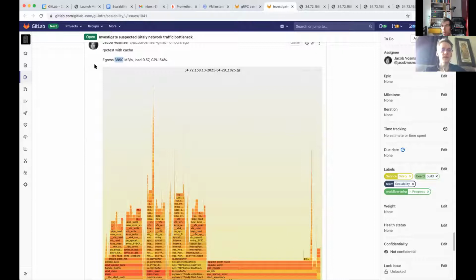I had to look it up, but apparently the limit on the VM is 32 gigabits per second. If you divide that by 8, that's 4 gigabytes per second, and we're almost at that limit. It's an approximate limit too, so I would be astonished if that wasn't kicking in here. It's proportional actually, to the